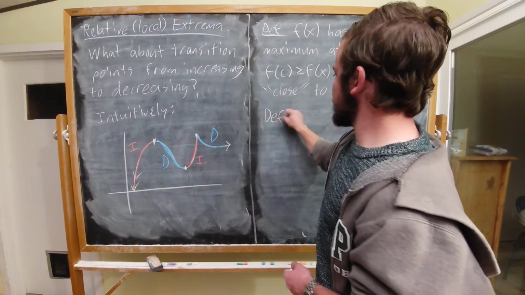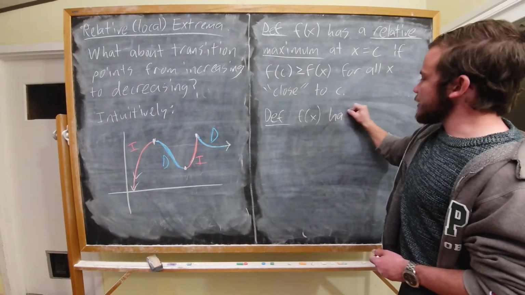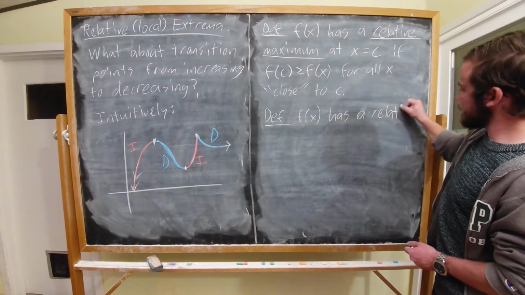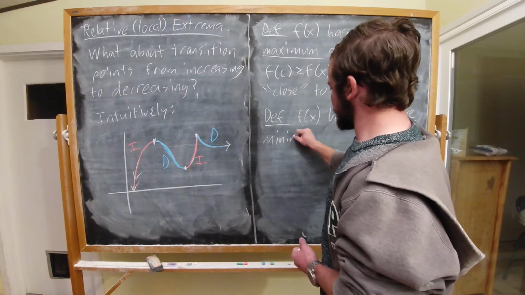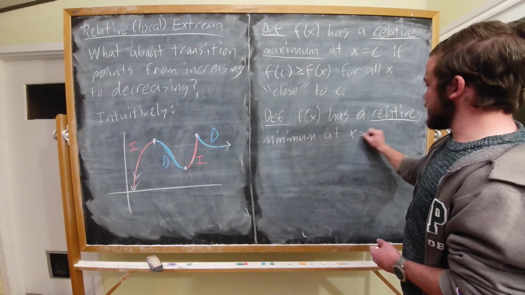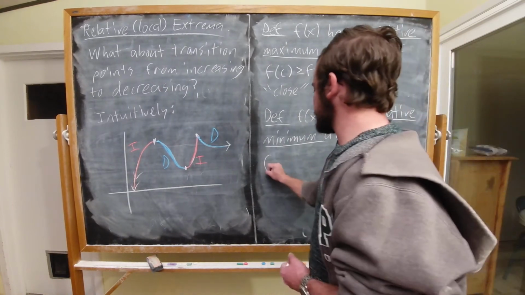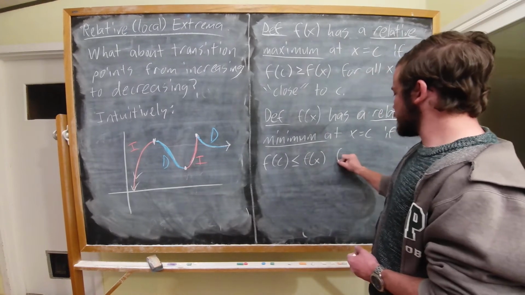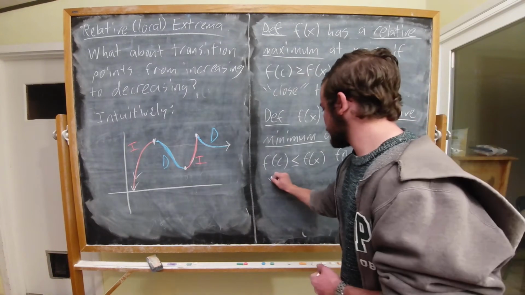Similarly, f of x has a relative minimum at x equals c if f of c is less than or equal to f of x for all x close